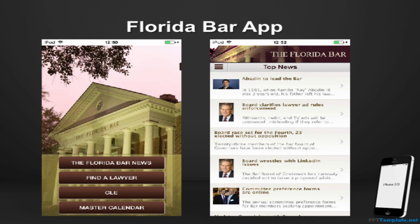Inside the app, you can read the Florida Bar news, research a bar member's contact information, check and post your CLE information, and check the bar calendar. I like the ability to post your CLE right at the end of a CLE when they hand out the CLE information. This way, you do not have to remember to type it in when you get back to the